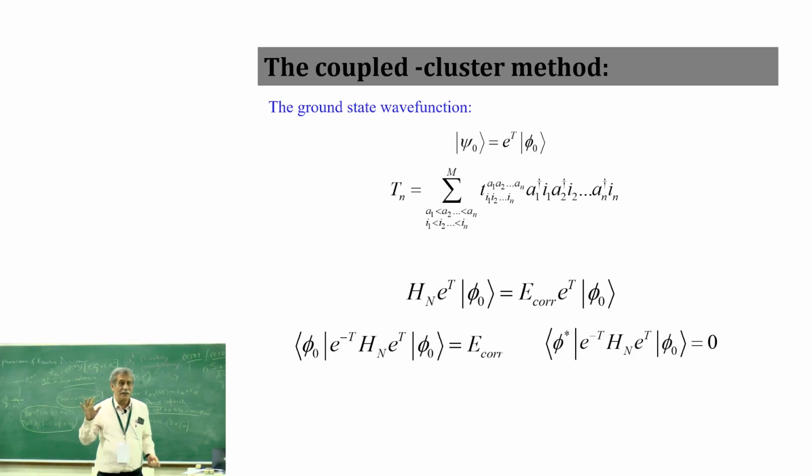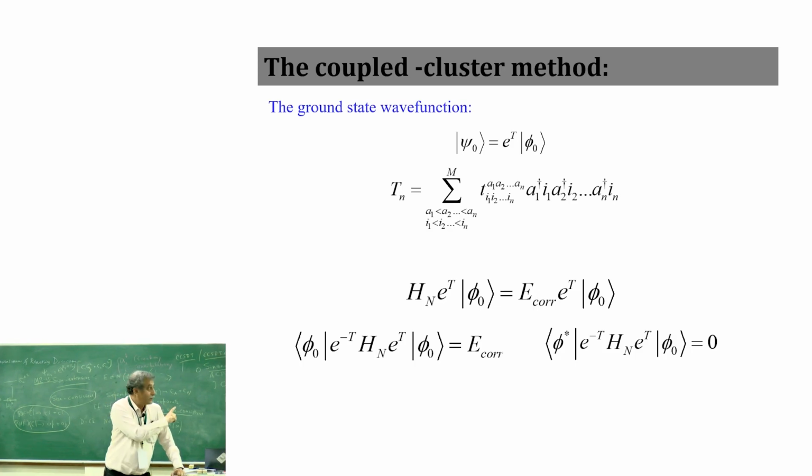Is it clear? If there are any questions, because this is a tough part to understand, size extensive and size consistent. Size consistency is a much harder thing to apply because you first need a good correlation wave operator, which is what is called the wave operator exponential, plus you need the right reference, both. One of them going wrong, you are out.